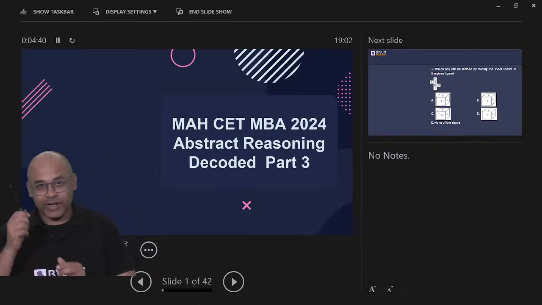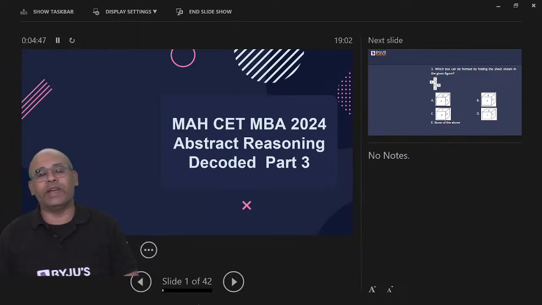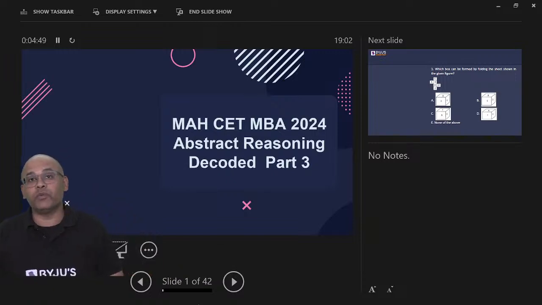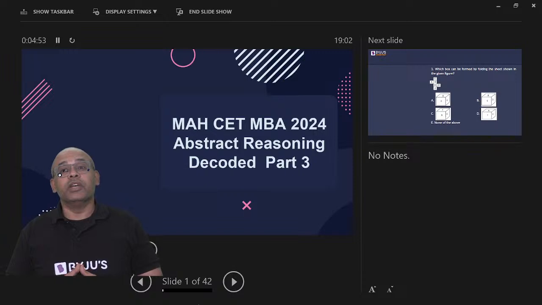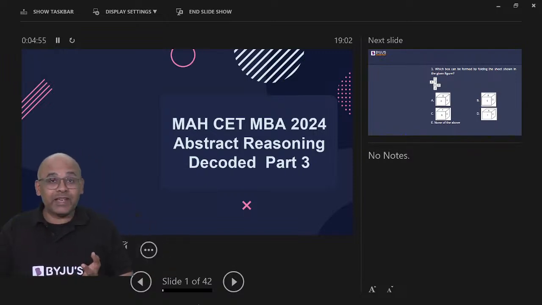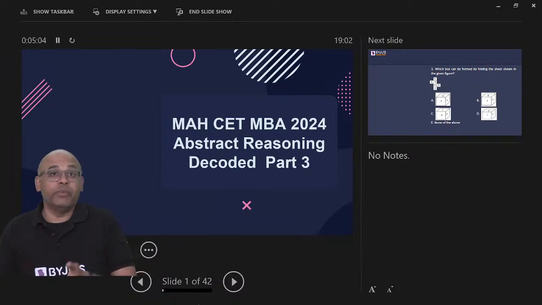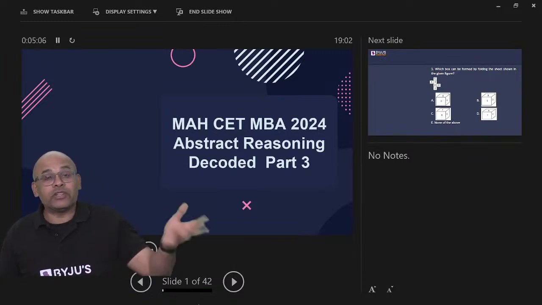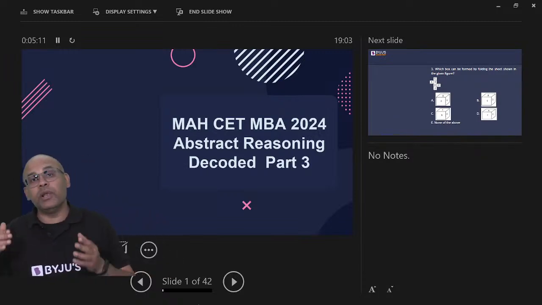Yeah, got it. So we have this topic called abstract reasoning, which comes in MAHCET, and the questions are quite easy. The only problem with these questions is that if you are not well versed with it, if you are not well practiced, you might end up making a mistake very quickly, or you will take a lot of time to think, and therefore end up losing time, and you may or may not get it right, but you'll also waste a lot of time. So the whole idea of these series of abstract reasoning sessions is to help you understand